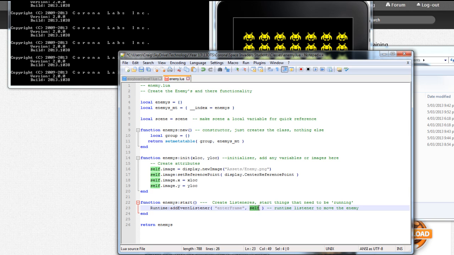Alright, it's self. Now, you might be used to, in previous ones, having an actual name of a function here. Maybe I could call it move enemy. Alright, that would be fine. Then I could make a new function up here called move enemy and move it across the screen. However, I'm going to use self. The reason we're using self is because if I call this move enemy,